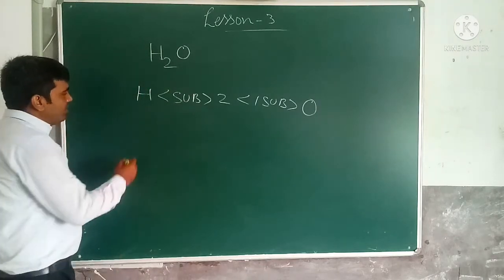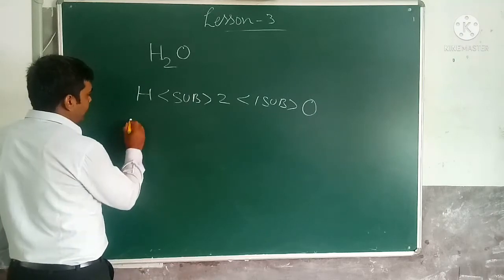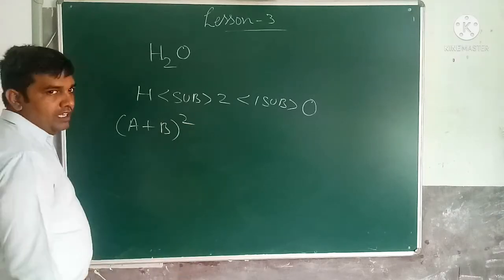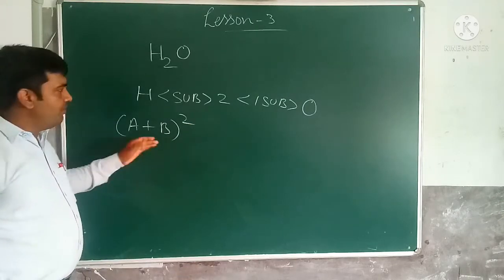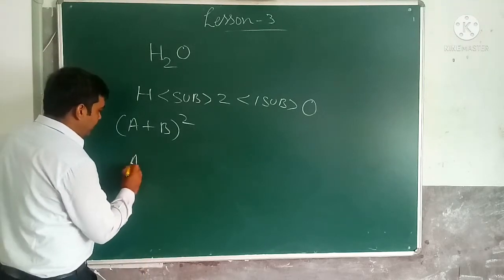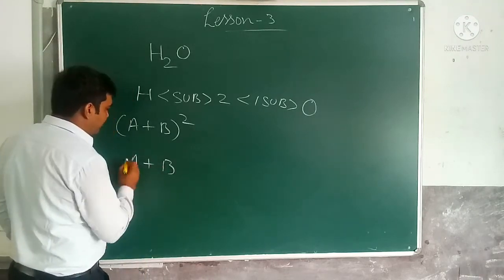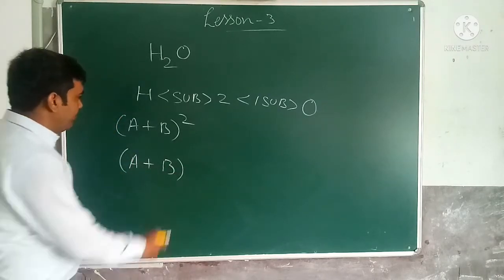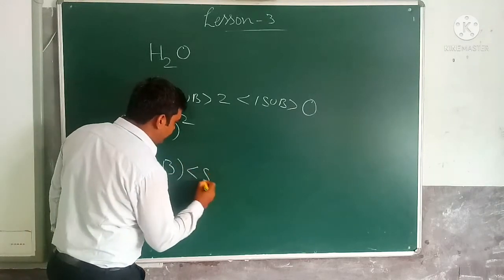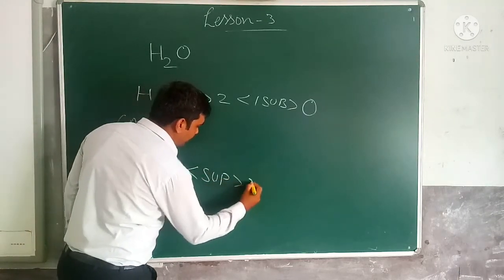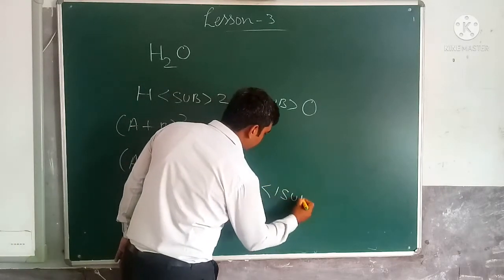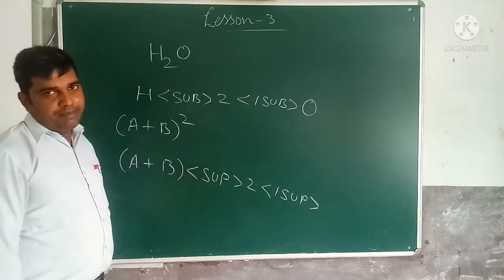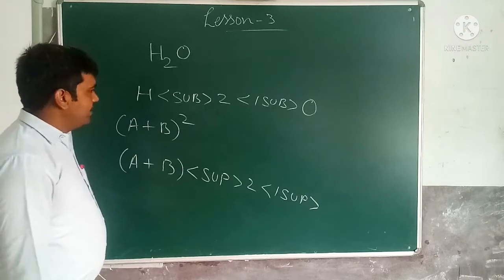Next, suppose you want to write (A plus B) whole square. This is how you write it. Writing this on the web page, how do we write the code? We write A plus B. Okay, like this you can write on Notepad, no problem there. But to write the square, we use the SUP tag, the superscript. After that, the 2, and again superscript close. Then only this 2 will appear above the bracket. Okay, this is the superscript tag.